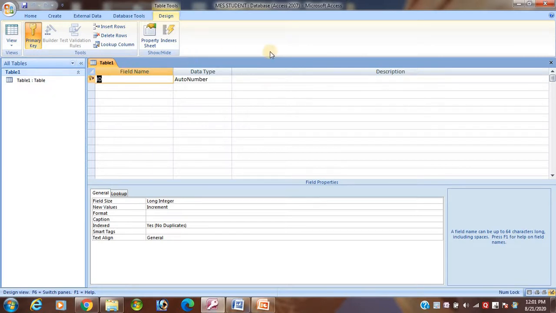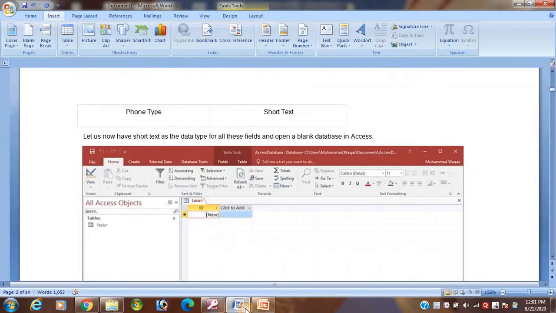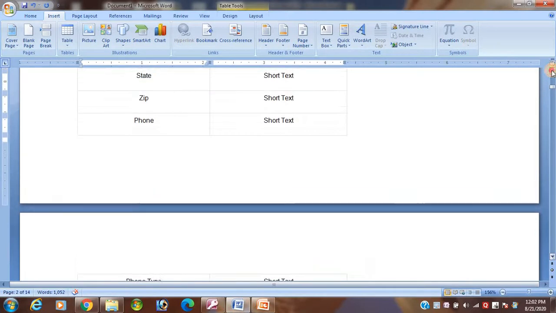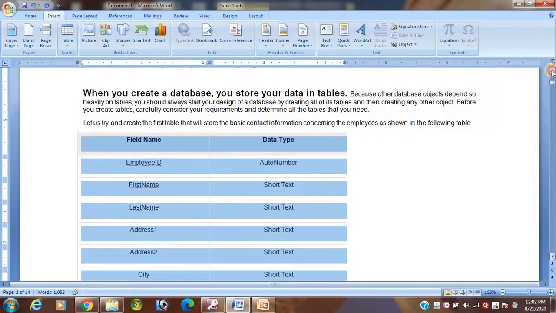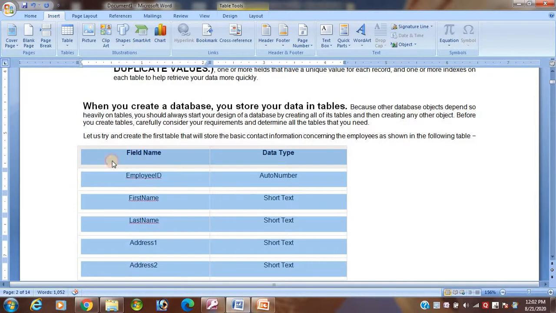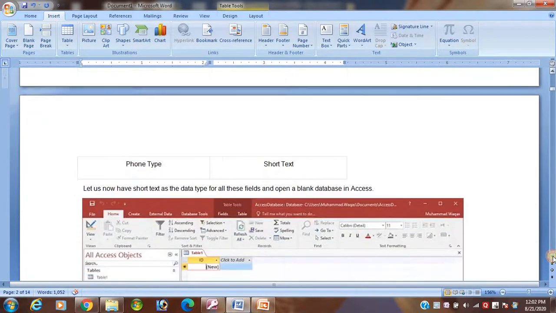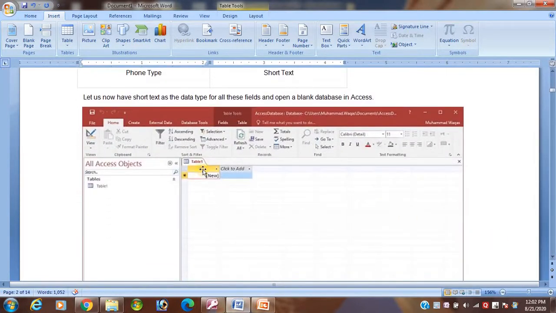One is the design view, that means field name and data type, which has been given here as an example. You see student, this one is the design view. To make the table like this, with field name as well as the data type, that one is the design view. And in the table directly, if you specify here like this, okay student, see the database.